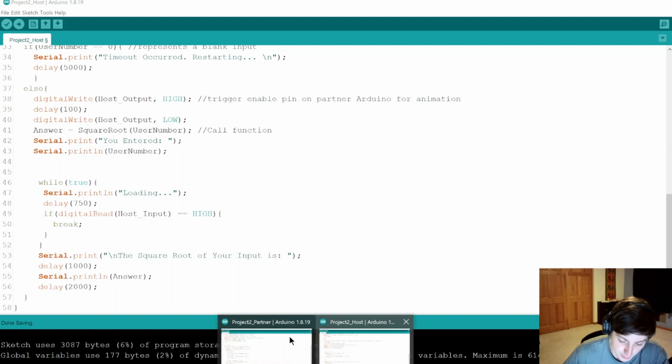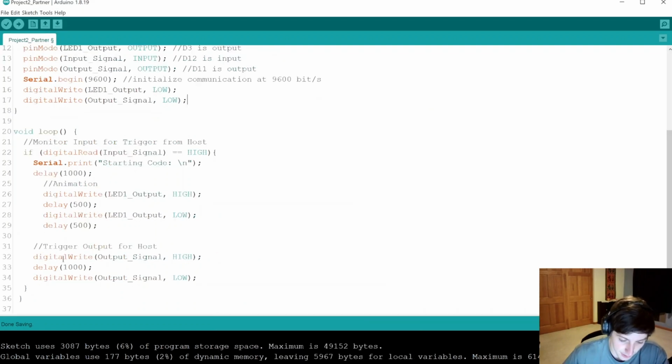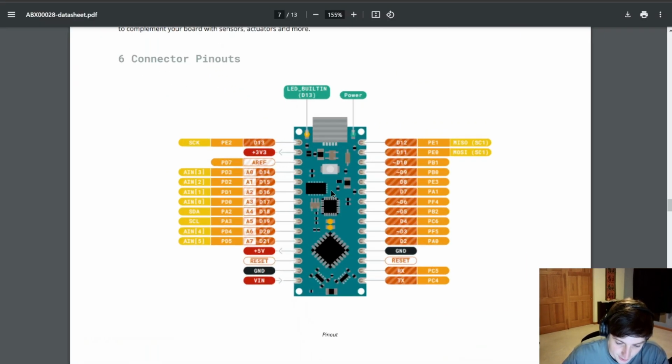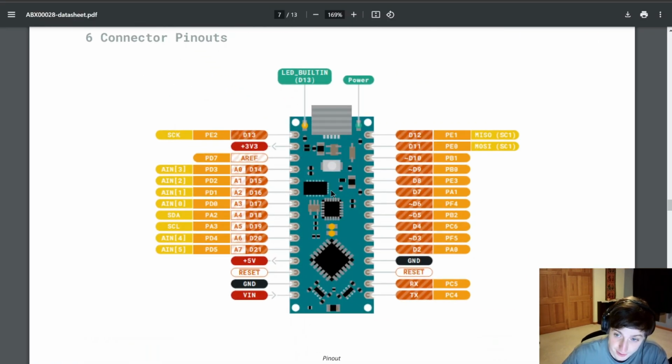So if we go to the partner and look at the trigger output, what we're going to do is simply say that the output is high for a little bit longer than 750 milliseconds. As long as this line of code doesn't take about 250 milliseconds to execute, we should always be able to catch that pulse. So if you're testing the partner code just to validate functionality and you need to trigger